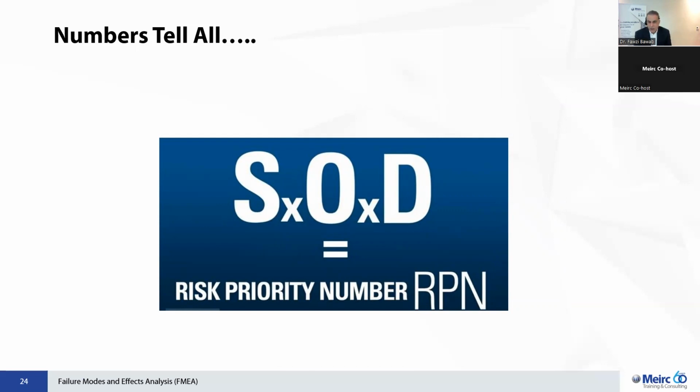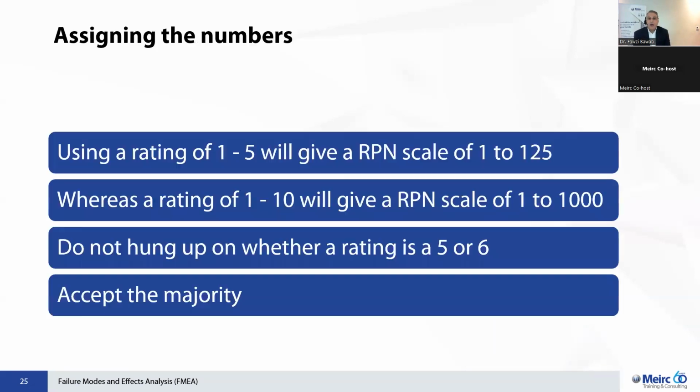Of course, the S and the O, the higher that we have that scenario, then the number would be higher, and we take an approach where we put 1 to 10. And then, of course, the D is saying, is there a way to detect the failure before it happens, or it gives you a sensor or an alarm? Then as the detection goes higher, then the number 1 to 10 would go lower. And hence the higher number of RPN tends to be what becomes our concern, basically. So the priority is defined by having a higher number.